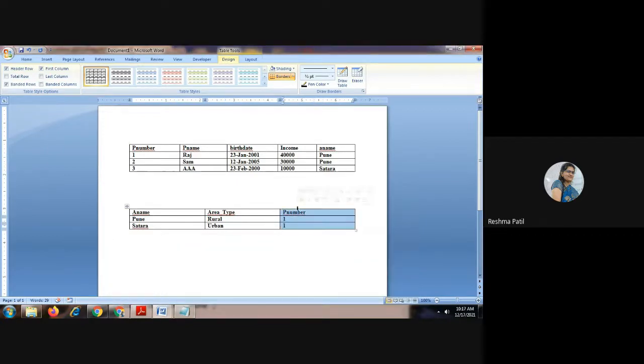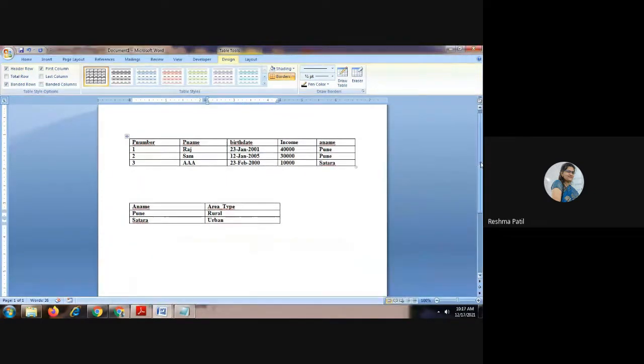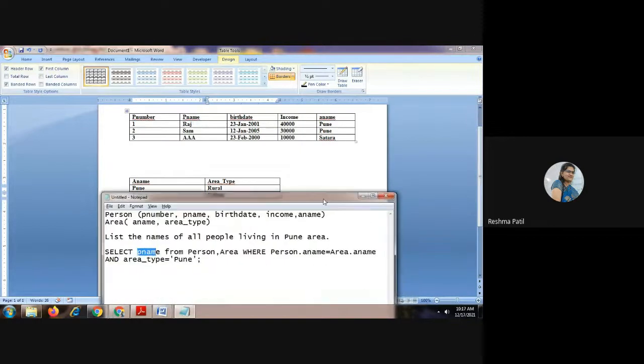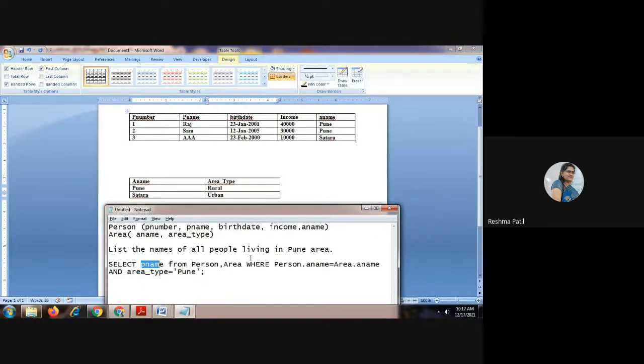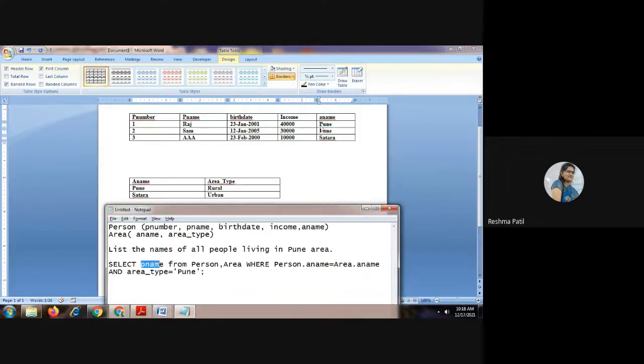We will delete this column. Where person dot area name. Here person area name is Pune. We have to check whether this name is available in the area table.